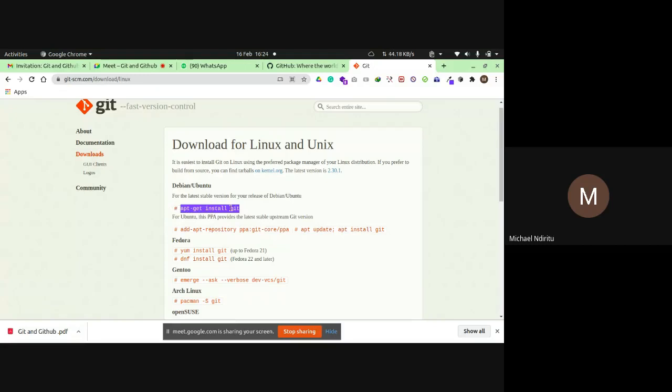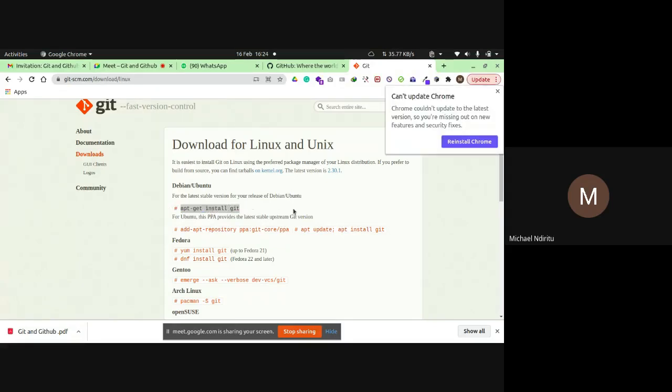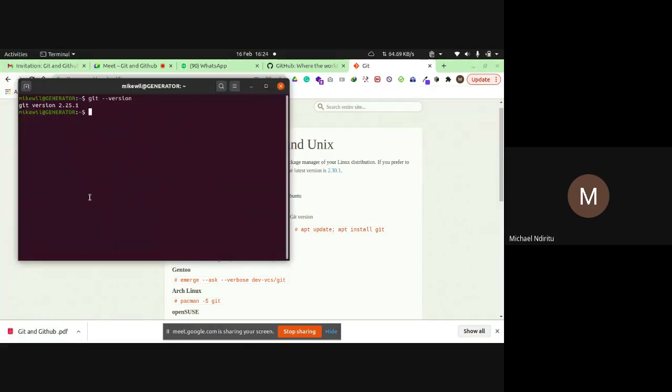Copy this command, the apt-get install git. Just add sudo and paste. Put your password to verify the install. Oh no, sorry, I copied the wrong one.